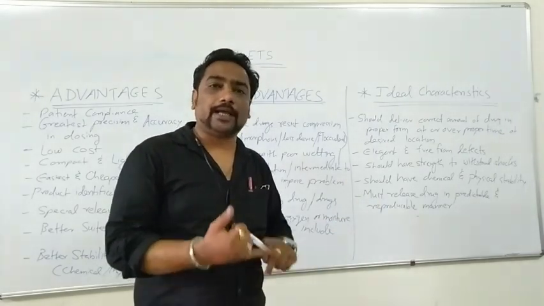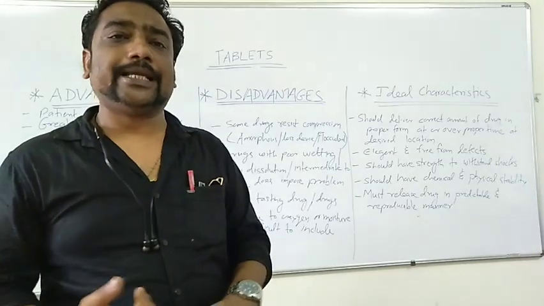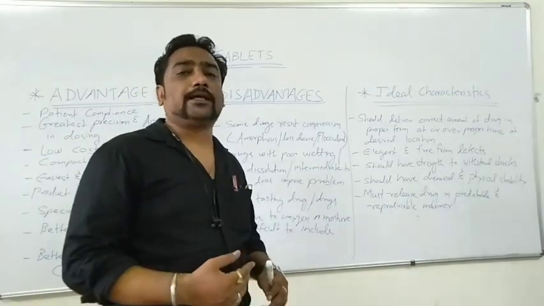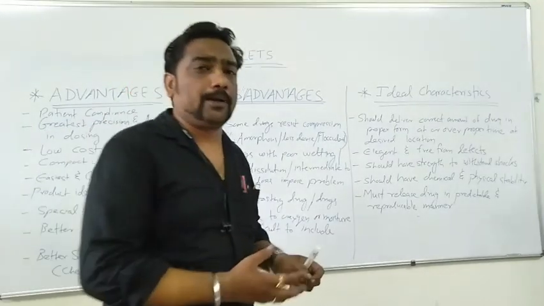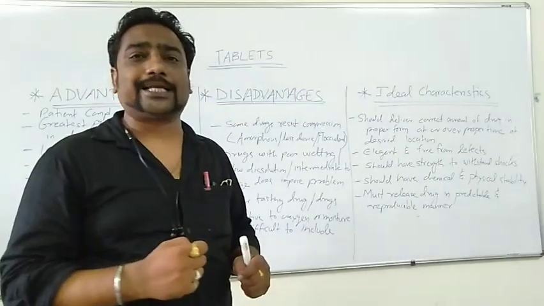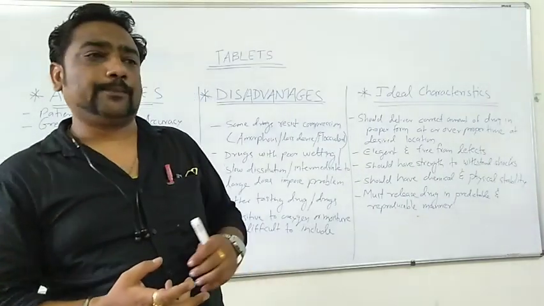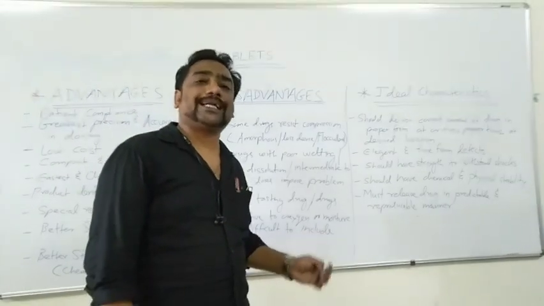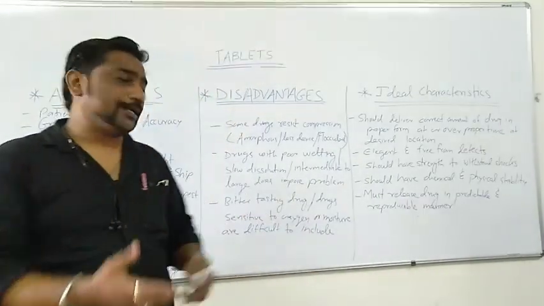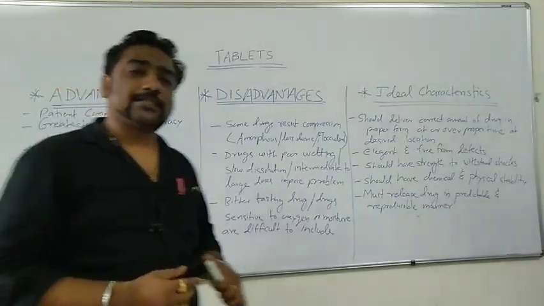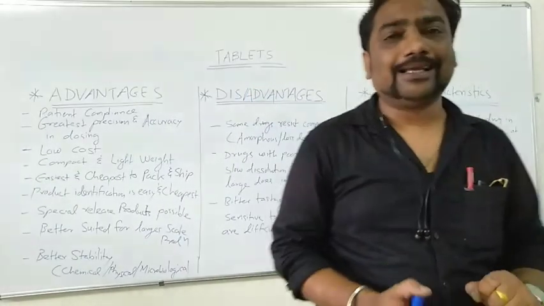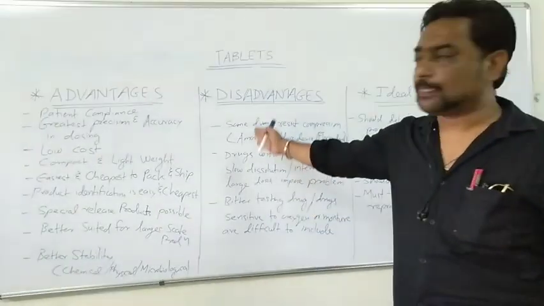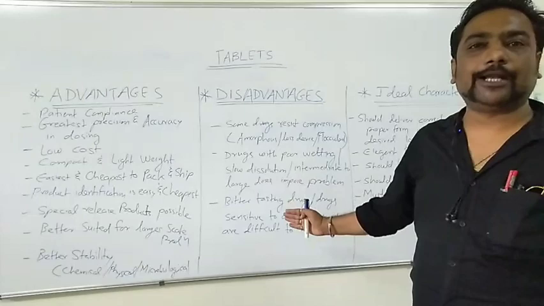The drugs which have amorphous character, poor compressibility, fluffiness, or low density cannot be manufactured. Drugs which have special properties or problems such as low dissolution rate and poor wettability also cannot be manufactured. The drugs which have a bitter taste, large to intermediate doses, and drugs sensitive to oxygen or moisture also cannot be manufactured in tablet dosage form. So these are the disadvantages of tablet dosage form.